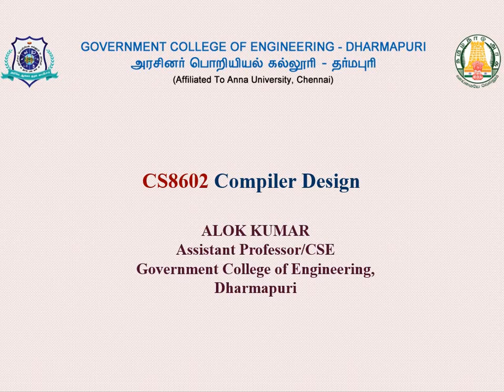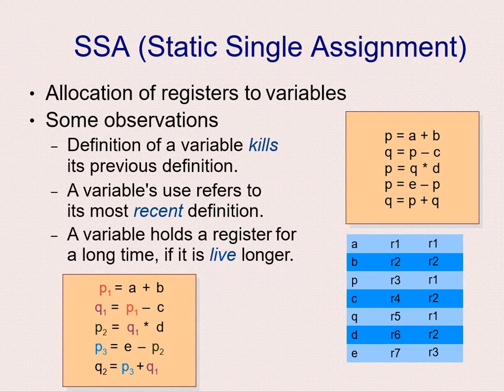Okay, so here we will see the next topic of third unit, that is static single assignment, or we can say SSA. Okay, so here we can see the static single assignment is used for intermediate code, and here in static single assignment form, each assignment to a variable should be specified with distinct names. Okay, we use subscript to distinguish each definition of variables.